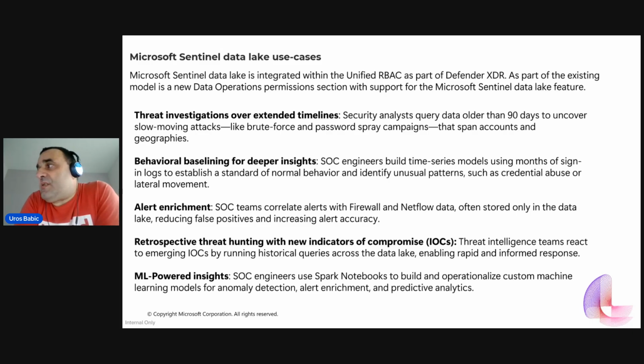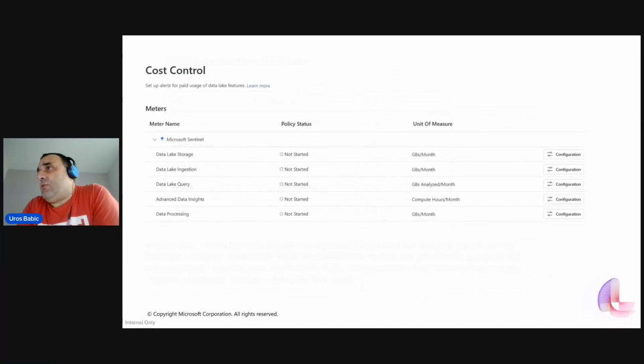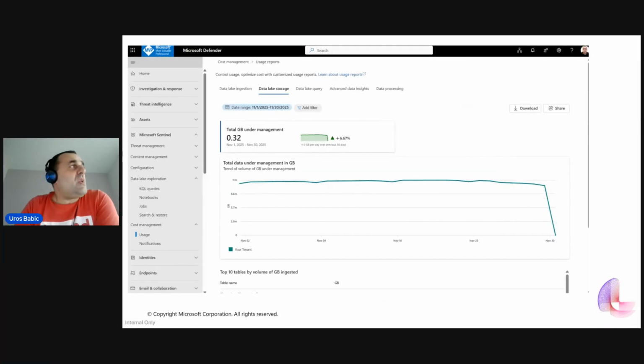case with threat intelligence team react for emergent indicators of compromise by running historical queries across data lake, Spark notebooks to build operational custom machine learning model for anomaly detection, alert enrichment, predictive analytics, and etc. You can use all of these parts of these settings regarding Sentinel Data Lake. Interface is amazing. You can use Jupyter notebooks also for your work